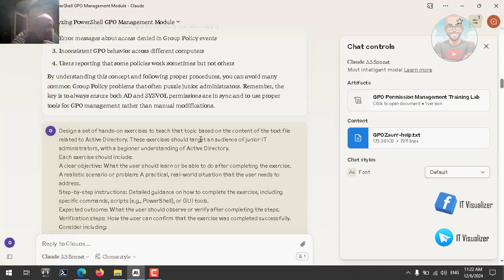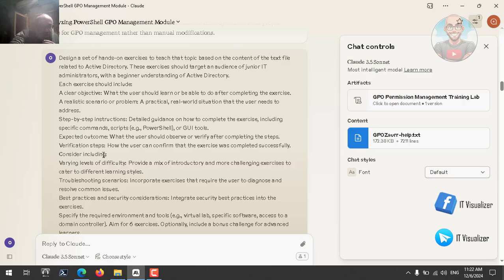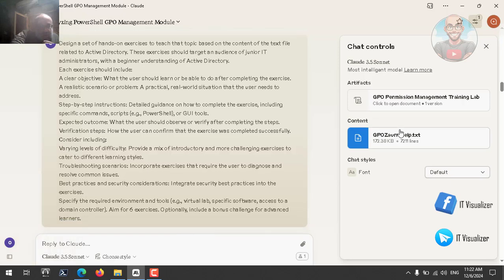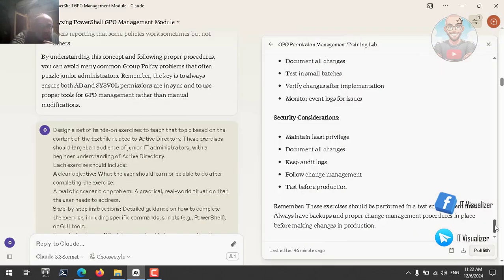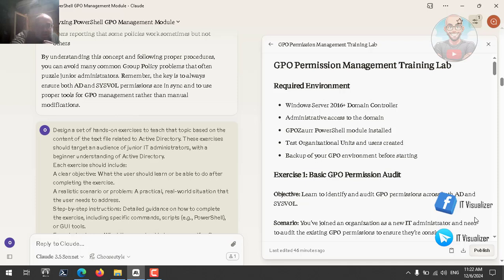Related to Active Directory, exercises should target an audience of IT junior administrators with a beginner understanding of Active Directory. And here is the exercise, it should include a couple of things. Let's see here, the training lab or exercises created by the Claude AI. Here, required environment, this is the lab: Windows Server 2016 domain controller, administrative access to domain, GPO